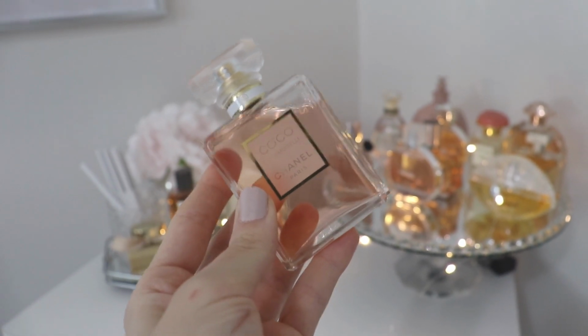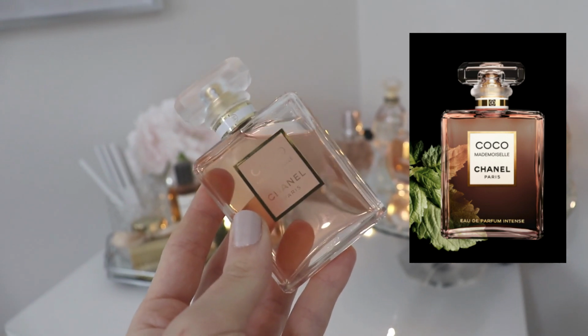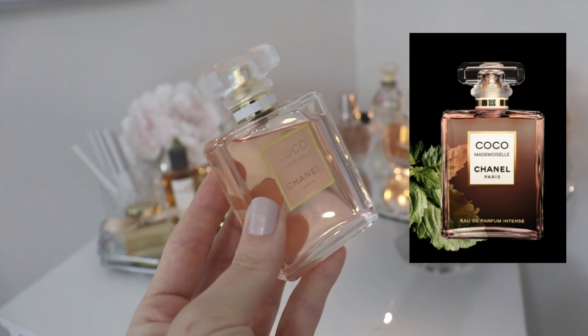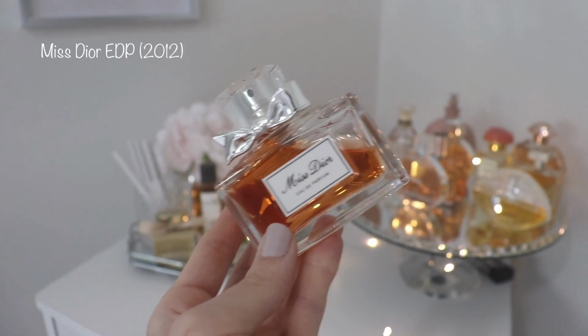I also have the Coco Mademoiselle Intense, which I absolutely love, and I cannot wait to wear it for the fall and the winter. It's very sweet and very dense and very heavy, so I'm looking forward to that one for the winter. Okay, next on my list is Miss Dior from Dior, and again, this one isn't super